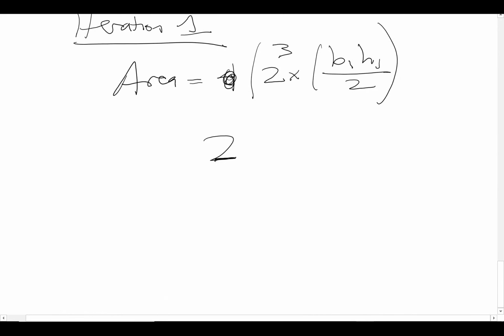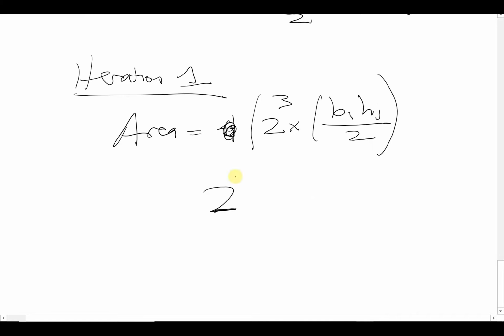This should be i plus 2. If we're starting with iteration 1, it's going to be 8 initially because we divided it into 8 triangles, and that's going to become 16, and then 32, and it's 2 to that. You said your iteration plus 2,